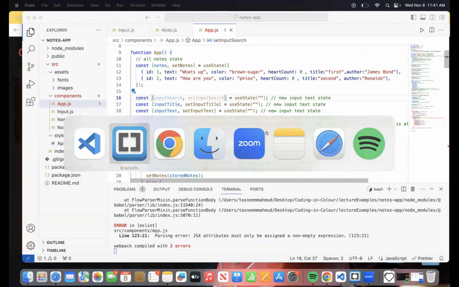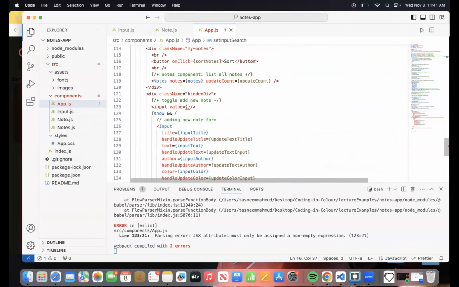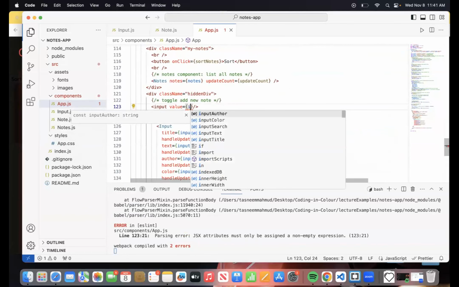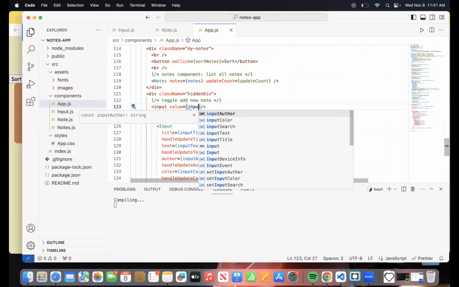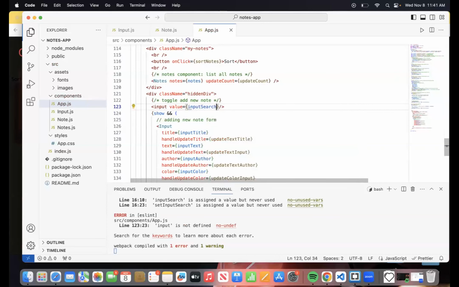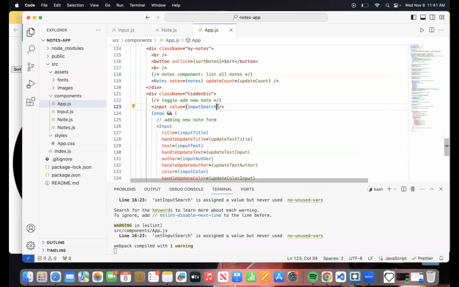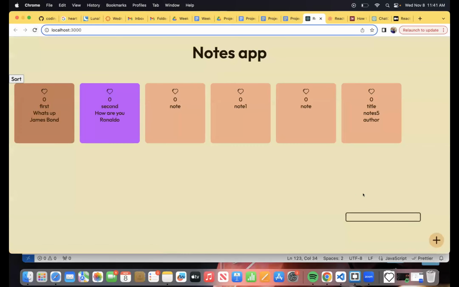So let's go back to the code. I'm going to write value as input search, because we have to get the values from the form over here as well, right? It looks odd, but yes, we need to get values from this as well.